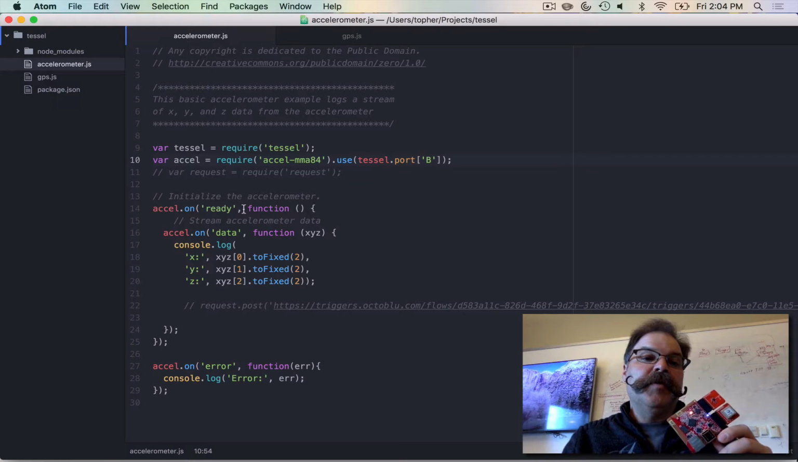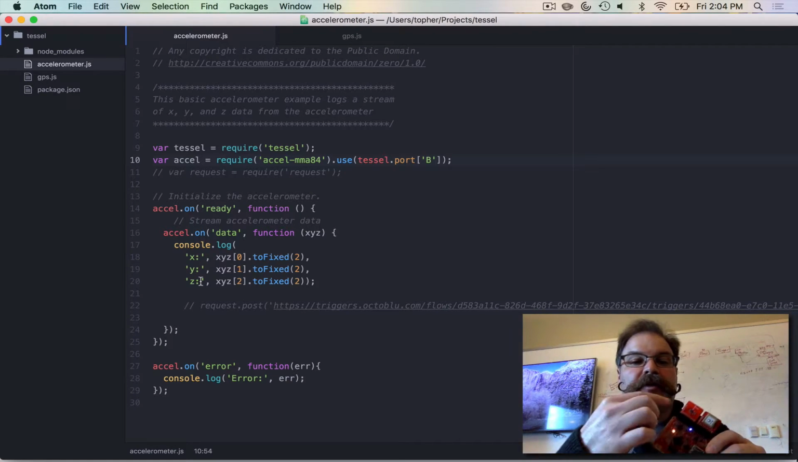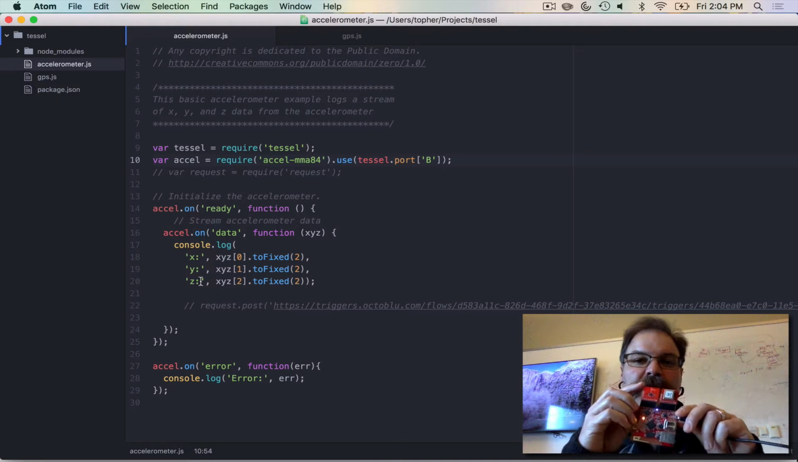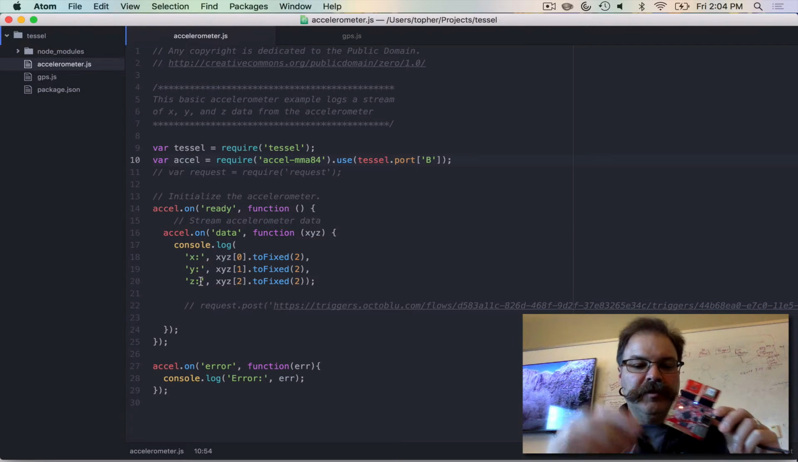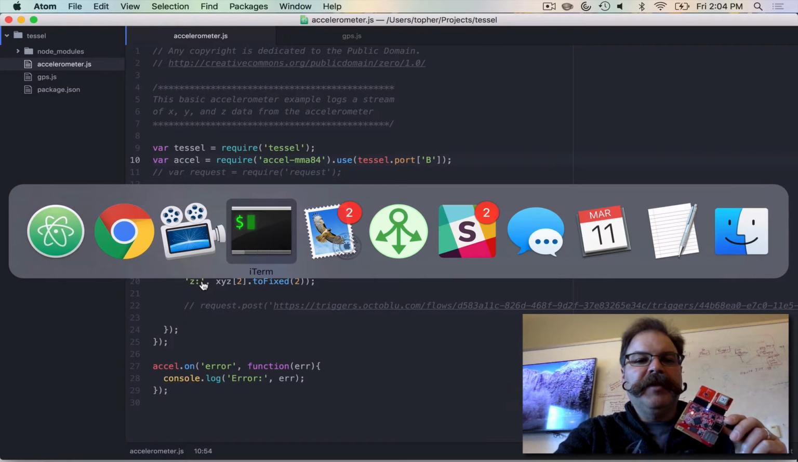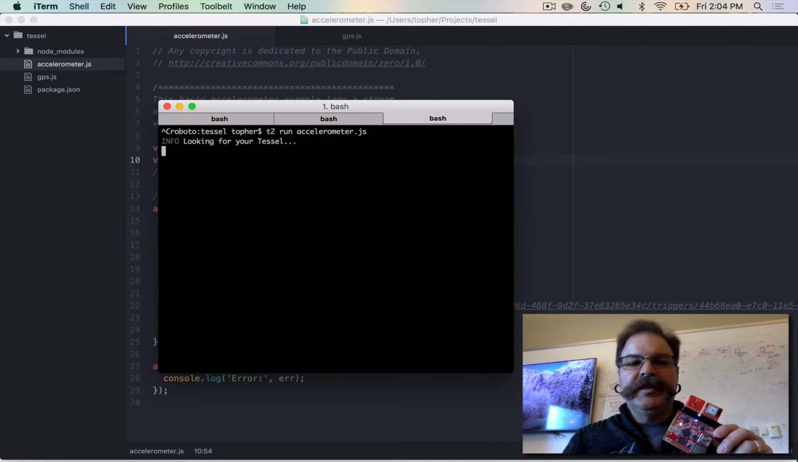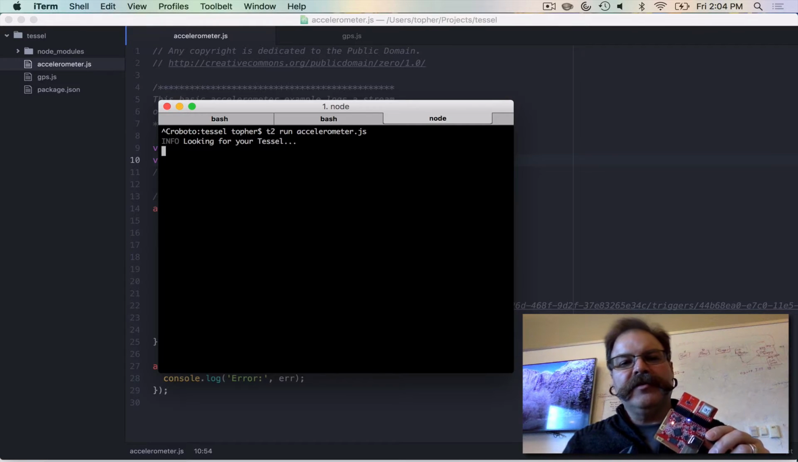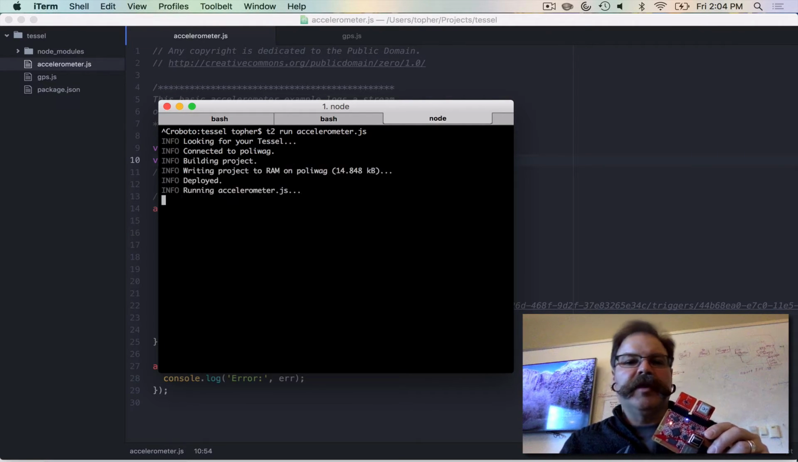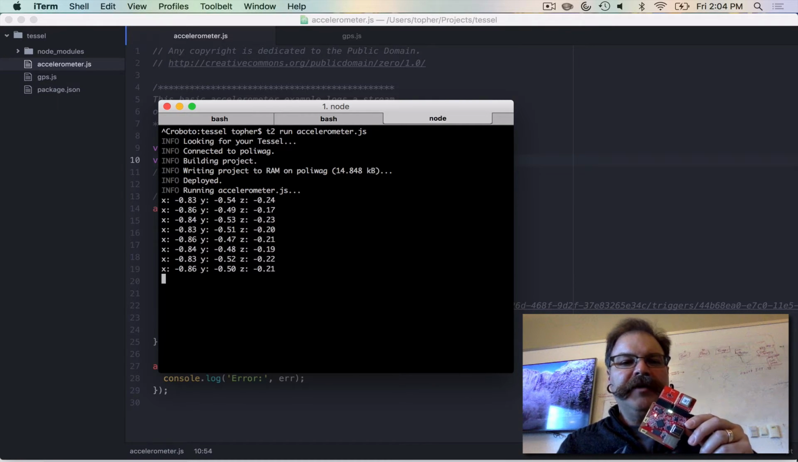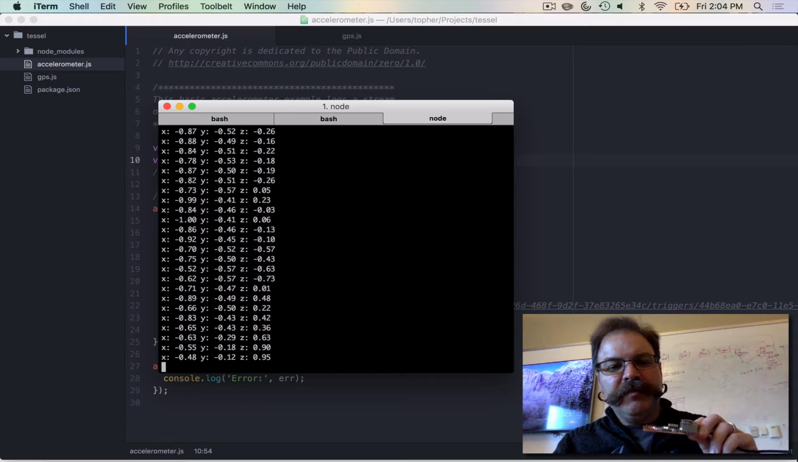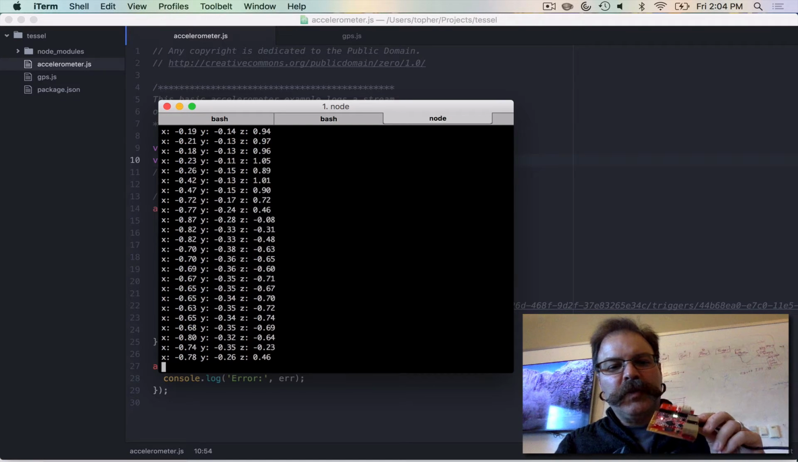demo where when the board comes online, you can start seeing accelerometer data, XYZ data from this little board here. So let me run that, so you can at least see what that looks like. The command line is t2 for Tessel 2, run whatever the JavaScript file is. So accelerometer.js. It's pushing that to the board right now. Now it's running it. As I move the board around, you can see the XYZs